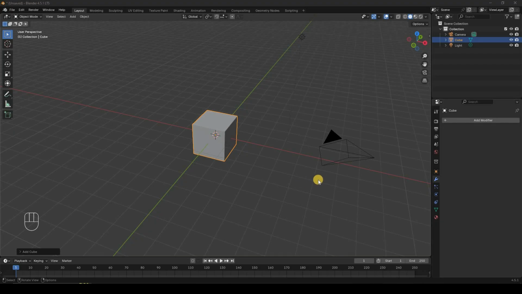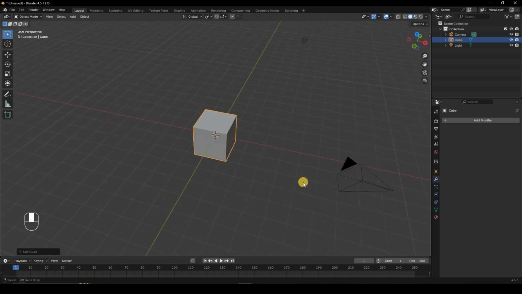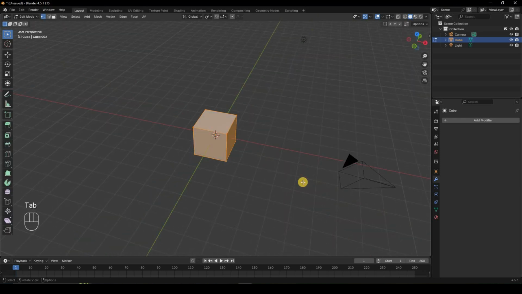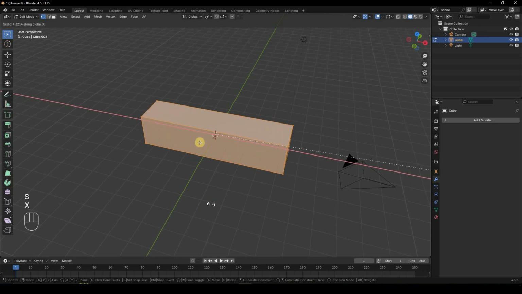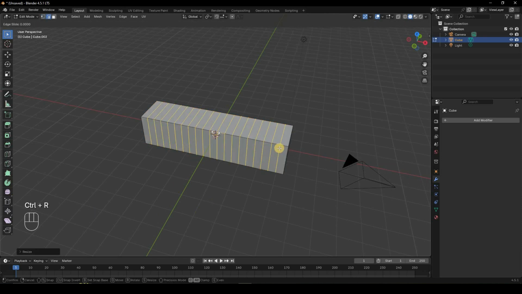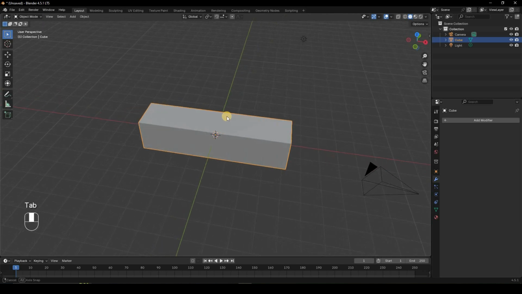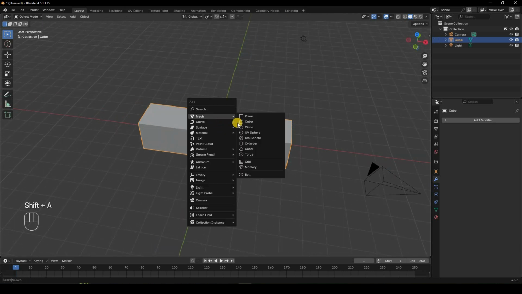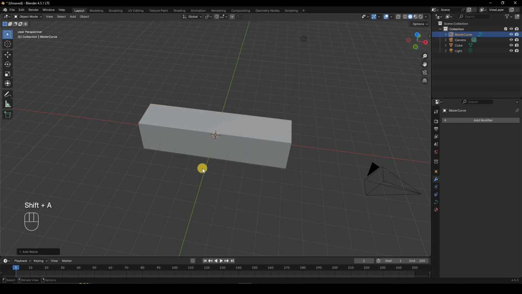So today we will be looking at the curve modifier. The first thing is I will actually need a little bit of subdivisions. So I just S, X and scale it on the x-axis and then click on Control R and then add in a bunch of loop cuts, because you need a little bit of loop cuts or subdivisions depending upon what you want to do. Second thing that you need is a curve,